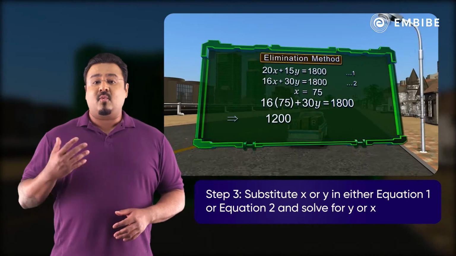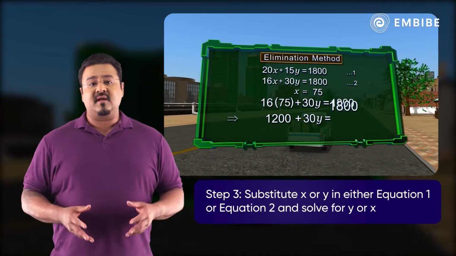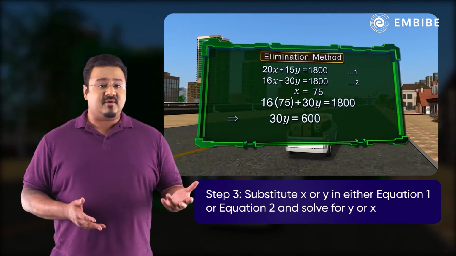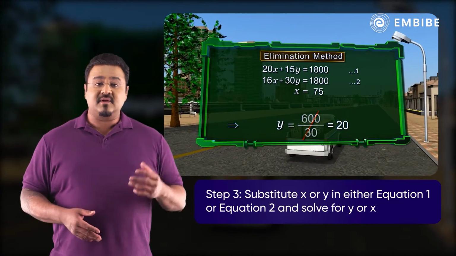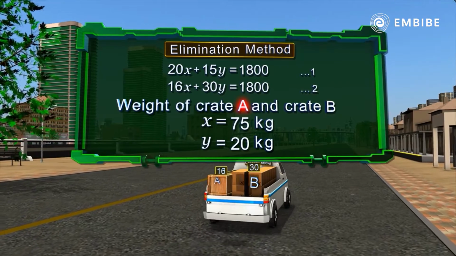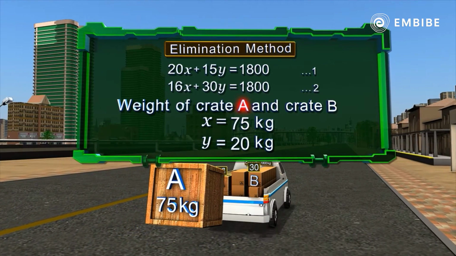That is, 1,200 plus 30y is equal to 1,800. 30y is equal to 600. That is, y is equal to 20. Hence, the weight of type A crate is equal to 75 kilograms and that of type B crate is equal